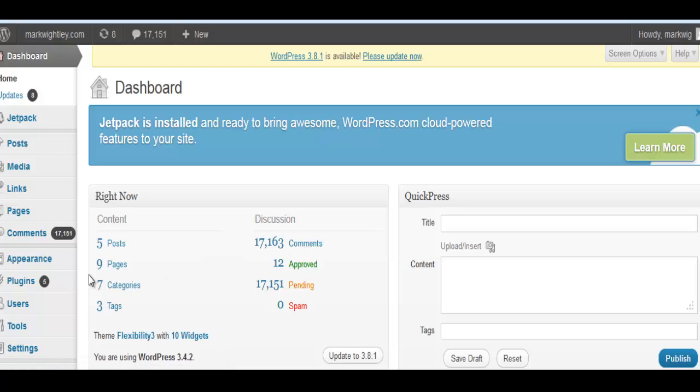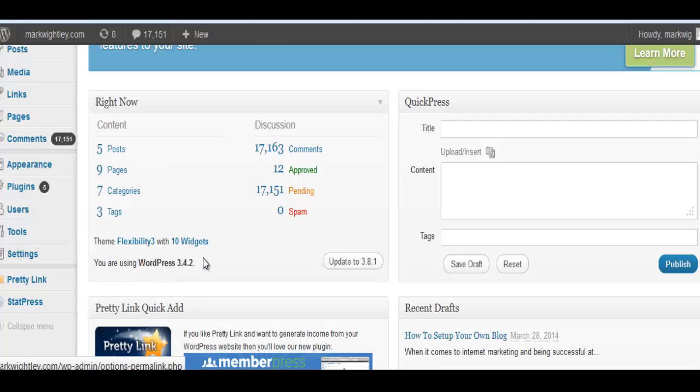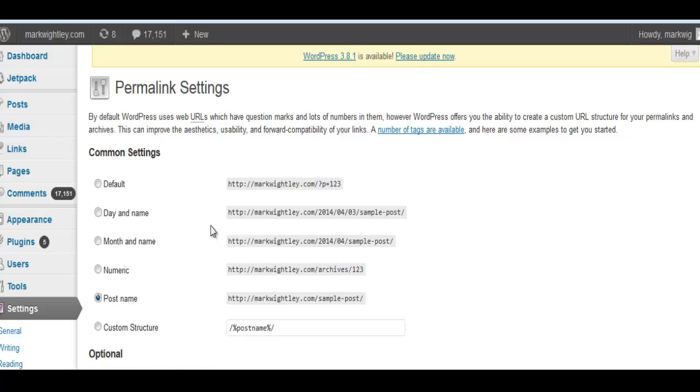Now the very first thing you want to do, the couple of things that I do first of all, is go to settings, and click on permalinks. In permalinks, this will make each page of your domain look better for the search engines, and also make more sense. So if you've got a page on dog brushes, for instance, and if your niche is about dog care, you would have a domain that says something like